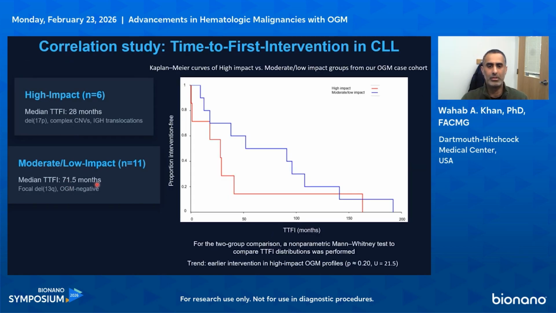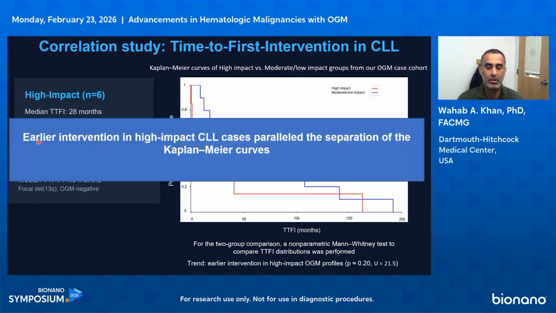So looking at this data a slightly different way, we did a non-parametric statistical analysis. This is the Kaplan-Meier curve, and population proportion intervention-free is on the y-axis, and the time to first treatment and intervention on the x-axis. And this again shows this earlier trend towards the higher impact OGM profiles. The p-value didn't reach significance because of the number of samples we had in the cohort, but it just gave this broad